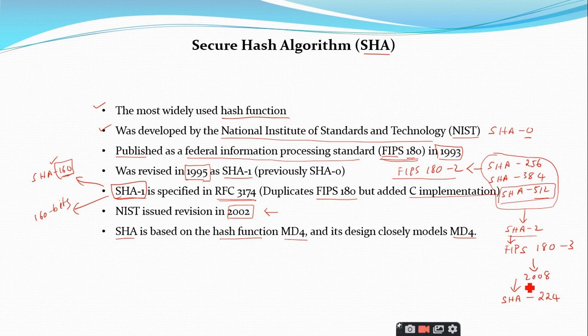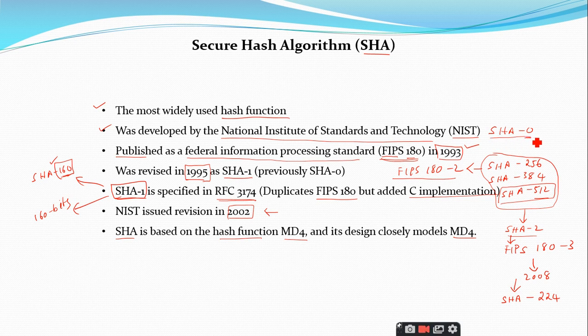So this is all about the introduction part related to the secure hash algorithm. The only important point that you should keep in mind is it is the most widely used hash function, because all the remaining hash functions we have discussed, all those present inside cryptography concepts, are vulnerable to cryptanalytic attacks. But till date, the secure hash algorithm, the initial version was proposed in 1993, and till date there are no good attacks that happen on SHA.